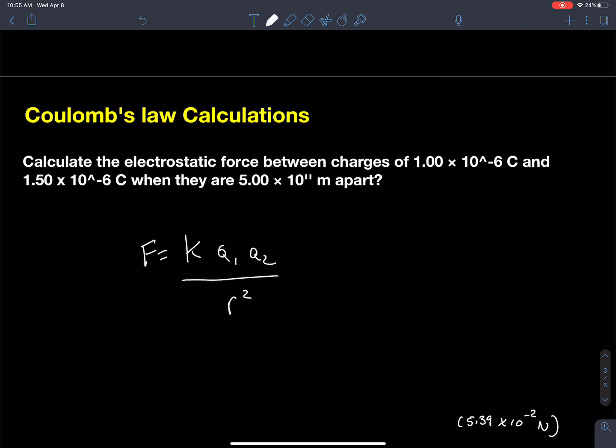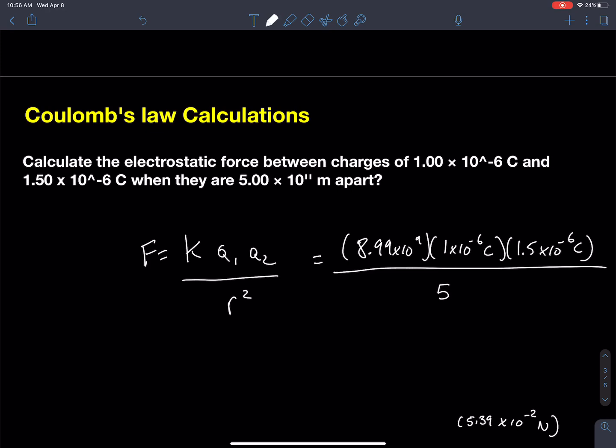All right, and then after I've written out Coulomb's law, I have to then plug in the numbers, okay? So, when I'm plugging in the numbers, I have 8.99 times 10 to the 9 times 1 times 10 to the minus 6 coulombs times 1.5 times 10 to the minus 6 coulombs. Okay, that's the second charge. Divided by